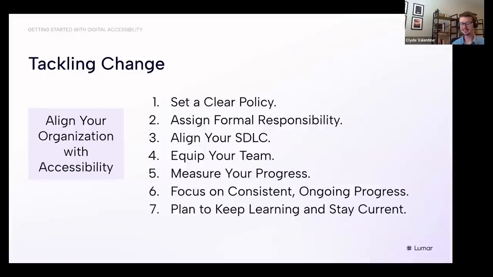Now, this assumes, by the way, that you already have organizational buy-in for accessibility. And if you don't, then what you need to do is start educating your team and your colleagues on the importance of accessibility. And that's where Gryff's points really start to come into play here. So it's all about building that business case and support for accessibility. But once you're there, kick it off by agreeing on what your standard for success is.